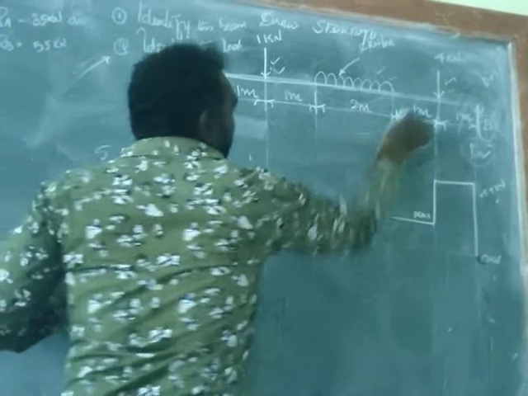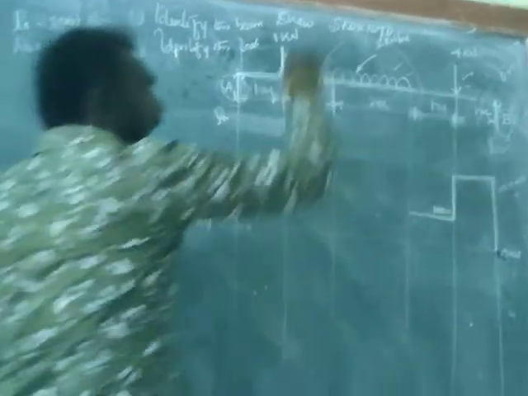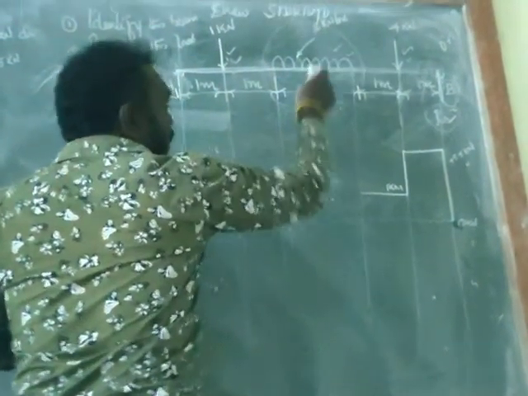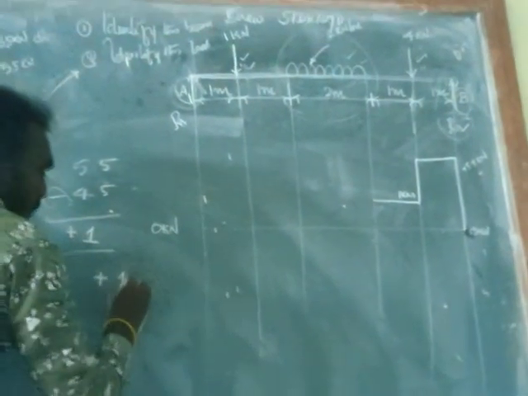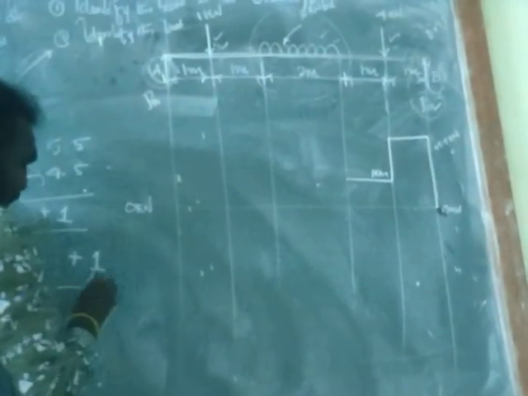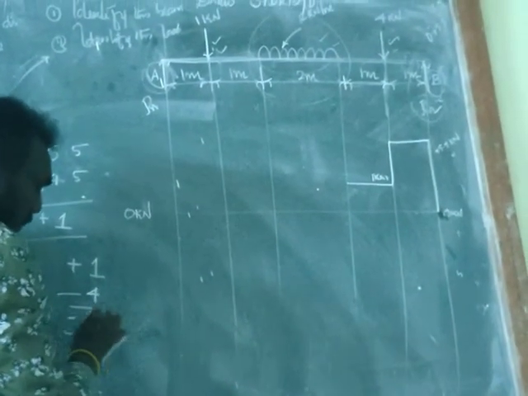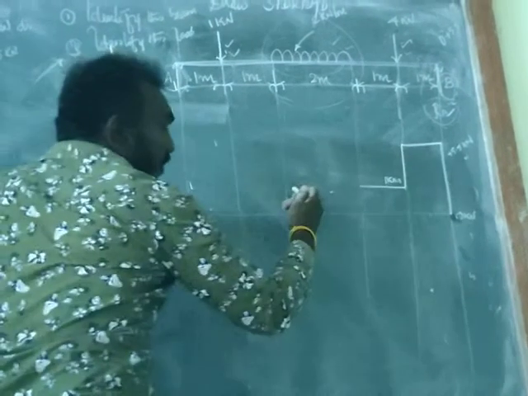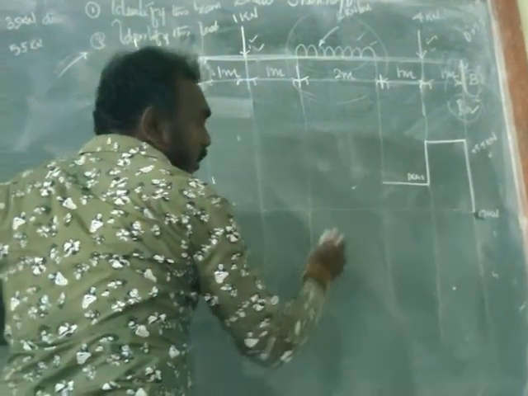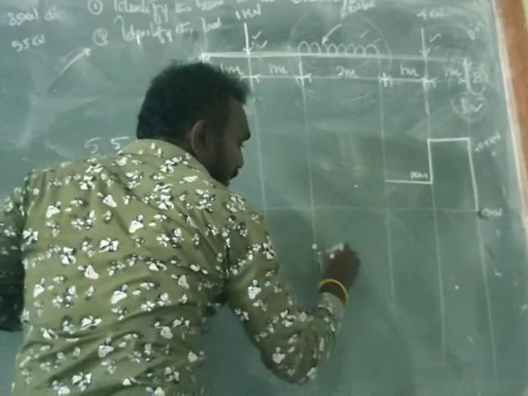Here we are having the uniformly distributed load, acting downwards. Uniformly distributed load means load into distance. 2 into 2 is equal to 4. Actually we are having plus 1. 2 into 2 is equal to 4. They are acting downwards, so negative symbol. So the answer is minus 3. Minus 3 means we draw the point below the 0 line. This is minus 3 kilonewton.